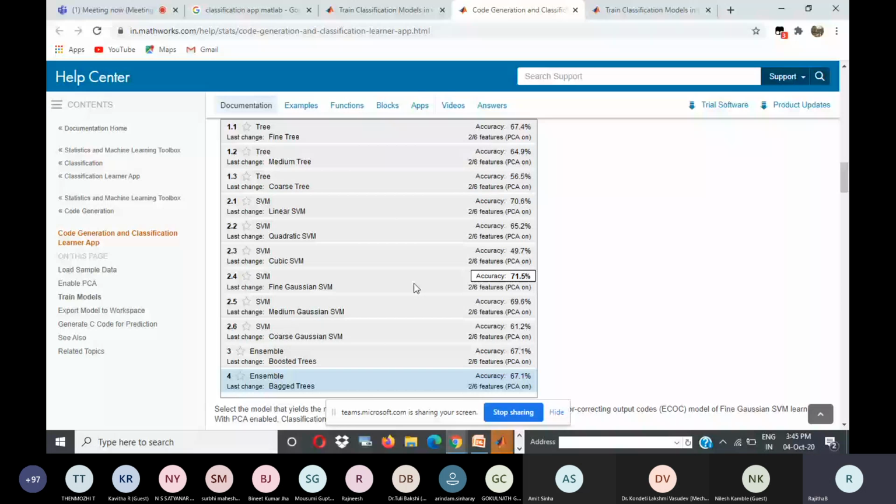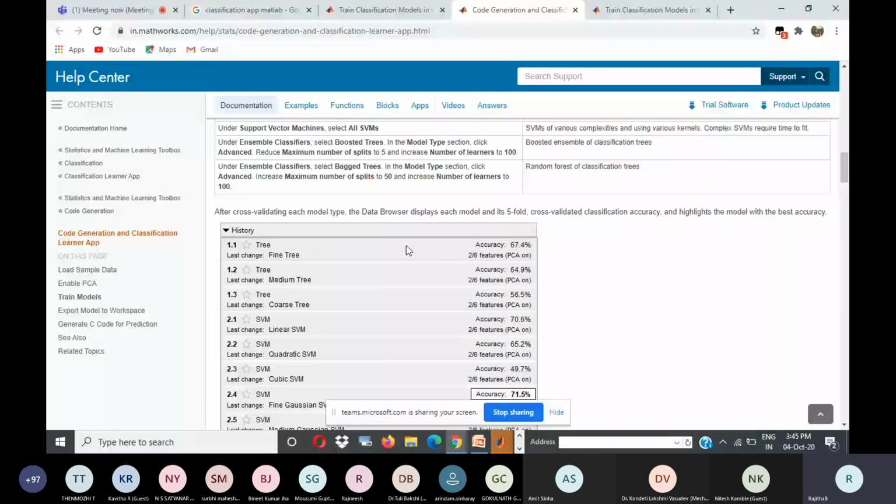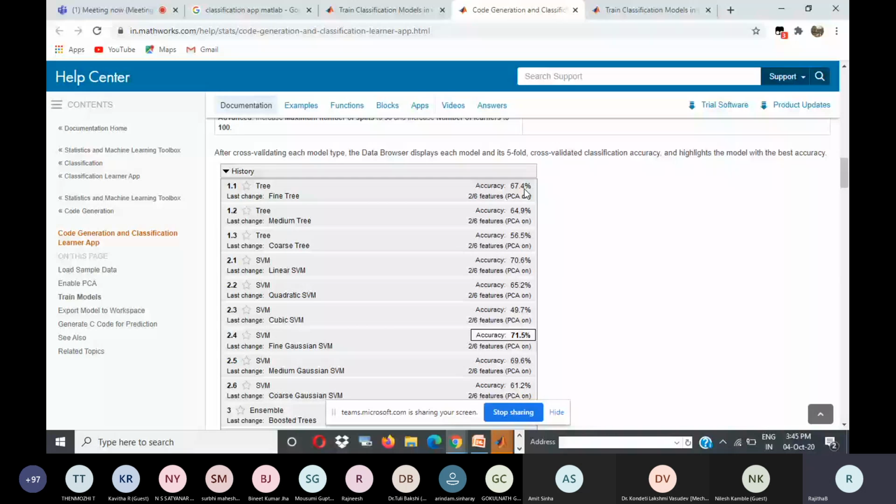Okay, so you can see if I train with all the models, with the tree it has given 67% accuracy, and with linear SVM it has given around 70% accuracy. Okay, and when we change to quadratic SVM, it is again different, right? So like this, you can classify using ML techniques.